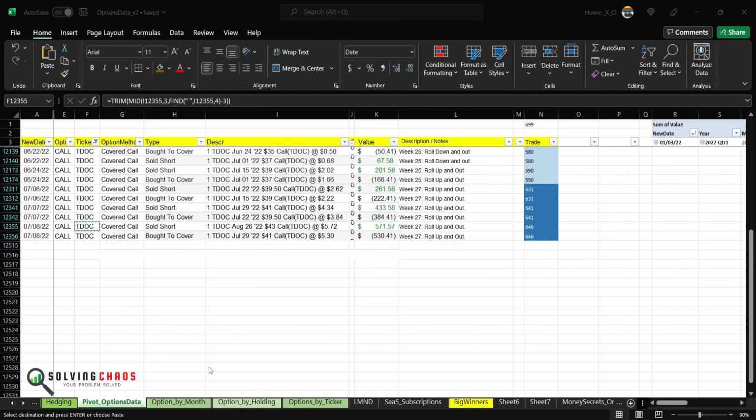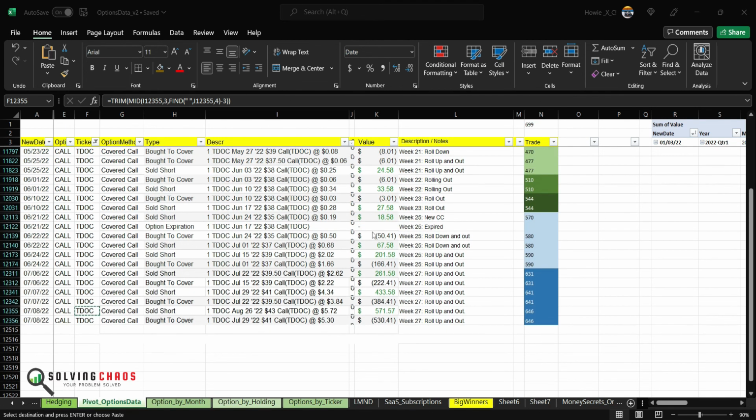I'm going to do a filter on Televox. Televox, I didn't do a trade this week, but last week I did, and I just want to scroll up and show you what's happened since then. Televox was moving sharply up. It went from like $35 to about 42, and you can see my cover calls. I've been rolling them up. And at one point, even this $43, I believe, was in the money. But because NASDAQ was having a hard time on Friday, I think it finally dipped under my $43.